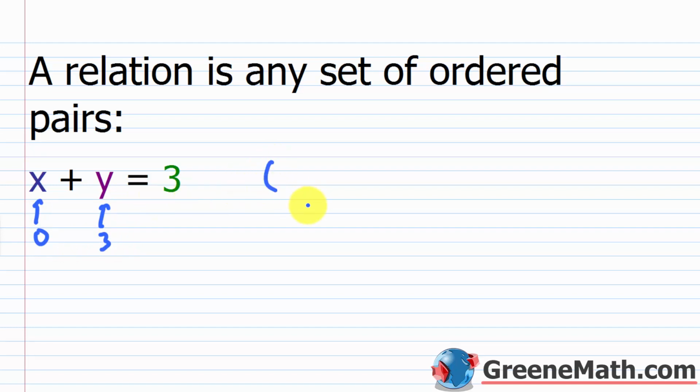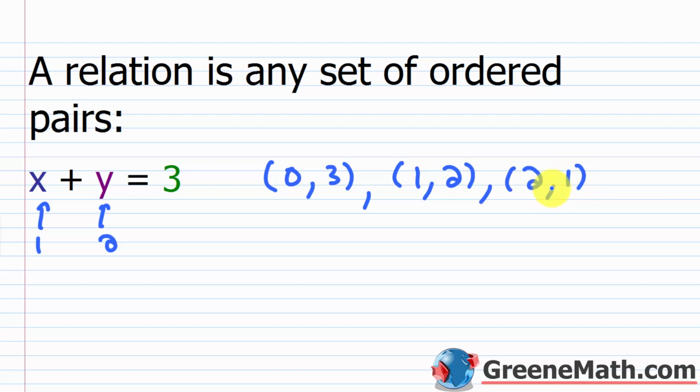So I could write this as an ordered pair, (0, 3), right? An x value of 0 is related to a y value of 3. That, again, solves this equation. I could also do an x value of 1 and a y value of 2, so (1, 2), and so on and so forth. I could do (2, 1) if I wanted to, an x value of 2 and a y value of 1. Now, there's an infinite number of ordered pairs as solutions for this equation, so I'm not going to continue further beyond this point. But I want you to understand that ordered pairs are really just a nice way to write